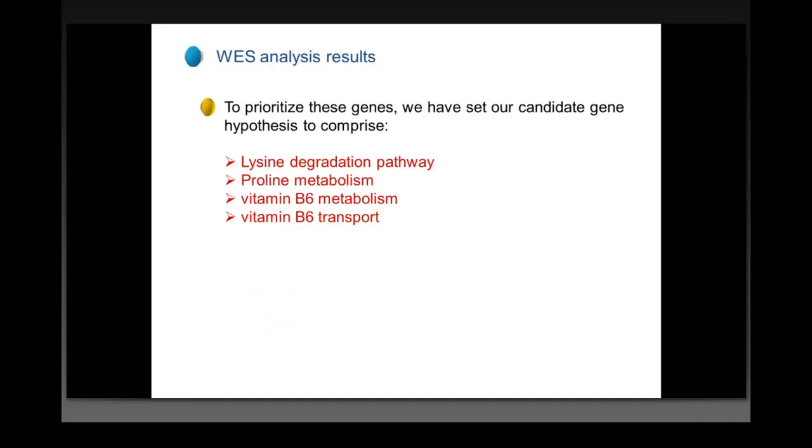Now, to prioritize these 11 variants, we set our candidate gene hypothesis to comprise any gene that is involved in the lysine degradation pathway, because PDE is caused by a defect in this pathway, and also the proline metabolism pathway, simply because there is another phenotype which is also pyridoxine-responsive, and